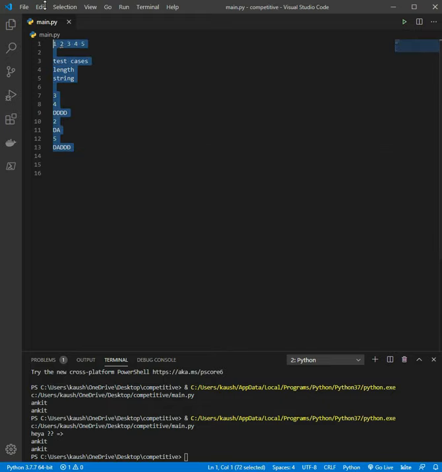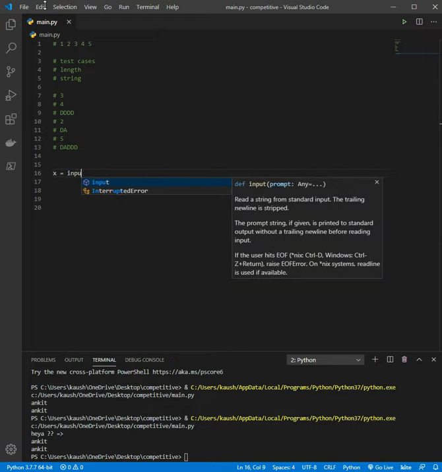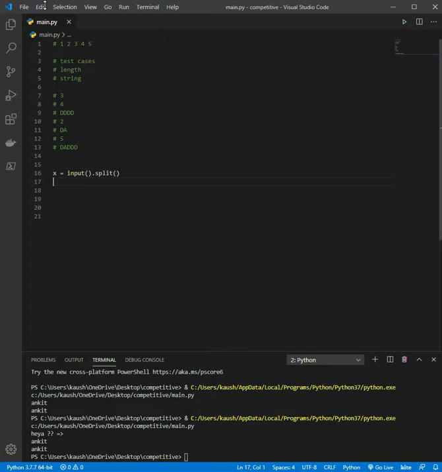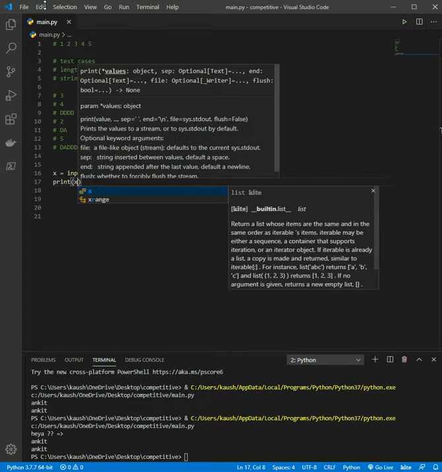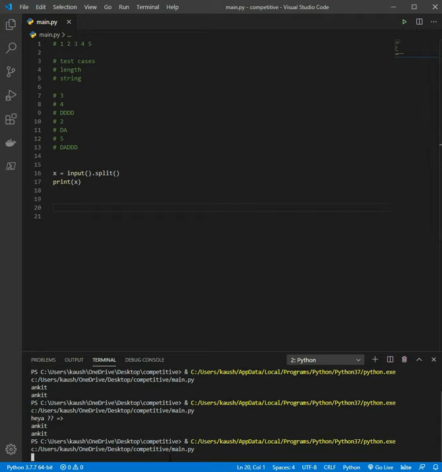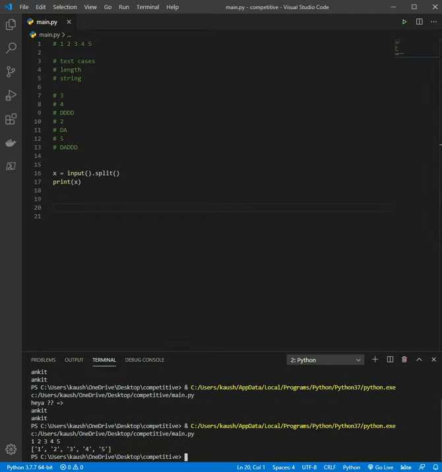For the first, it is pretty simple to take an input. If it is just a single line, you just have to do input dot split. As you know, split splits on space, so it will give a list which was earlier separated by spaces, but now it would be a proper list. Now if I do 1 2 3 4 and 5, this will be a list, but as you might have guessed, these are strings. So in order to make them integers, I have to do typecasting, so I have to use a map function, along with int for now.